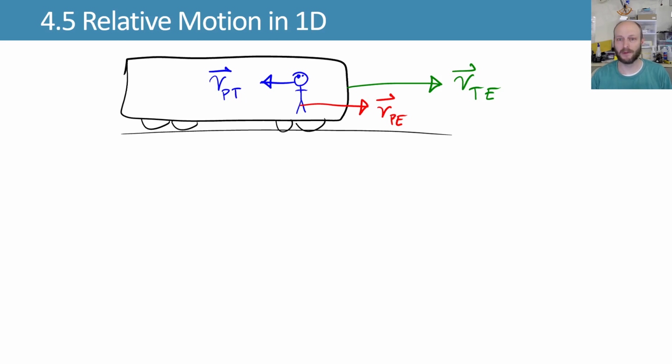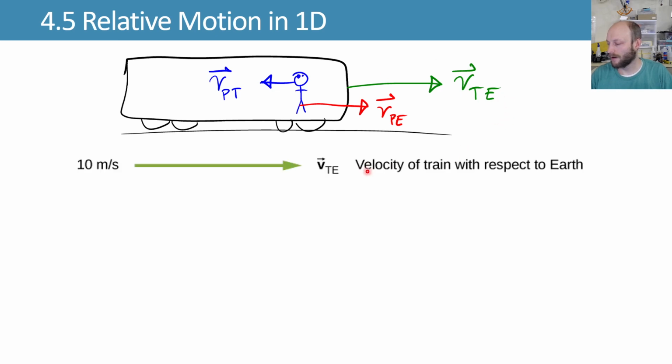Let's consider relative motion. I'm not talking about your auntie or your uncle. I'm talking about motion of things that have velocity relative to other things. So here we have a person, and this person is walking on board a train, while the train is moving to the right. So we can say that the velocity of the train with respect to the Earth is 10